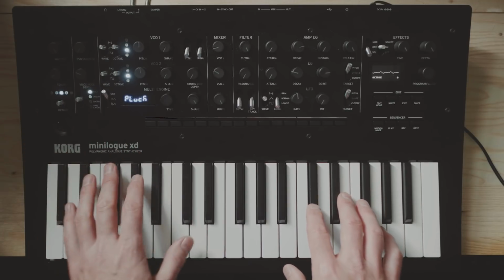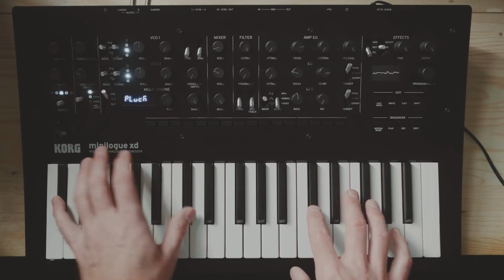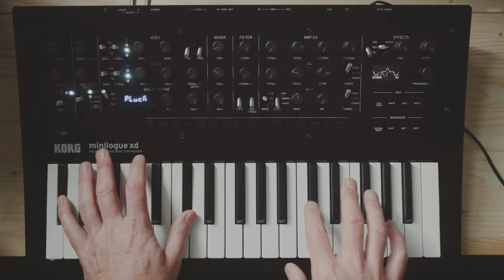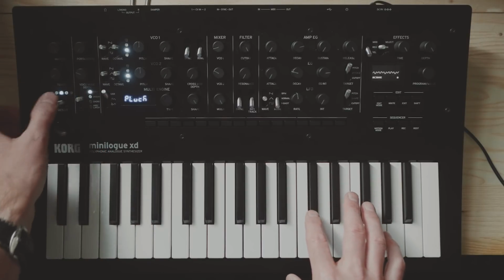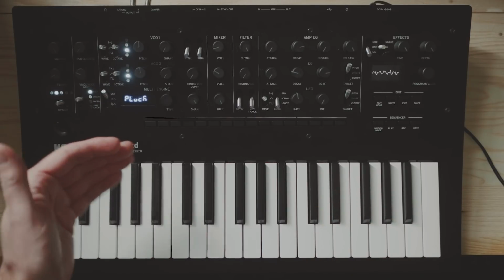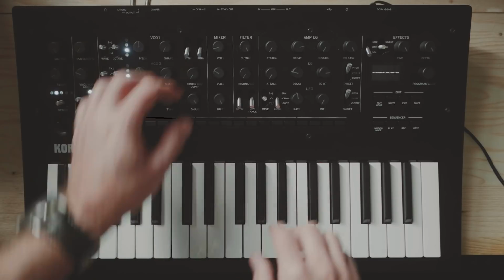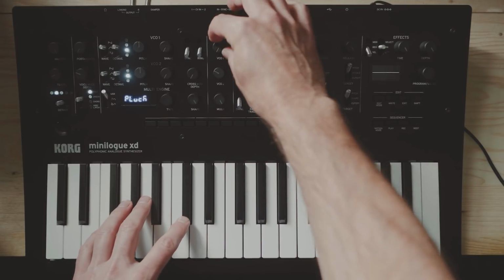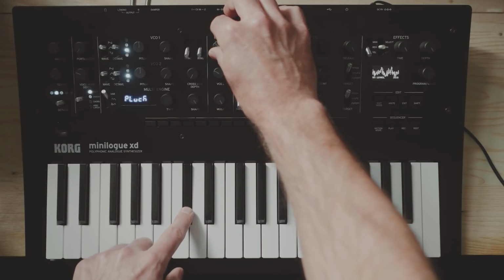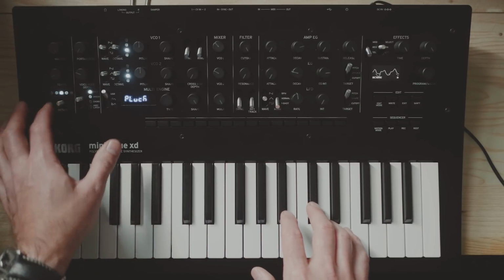Sounds fine there, but as we move up, that's definitely out. All the way up. And it's particularly noticeable if you want to blend the sound of Pluck with the other oscillators that are built in. So if I start to turn up the volume on VCO1, sounds fine, but then as we move up,